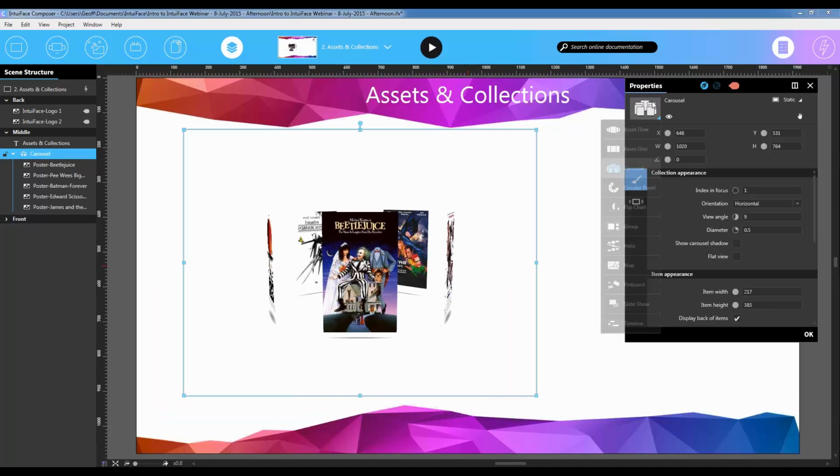What else? Circular panel. Circular, but it's an endless circle. So if you have more items than visually fit, that's okay. You can still use it. Flip chart, one at a time. Group, you've seen a group, maintains the spatial relationship. Helix, it's like a strand of DNA. It's also infinite. A map,